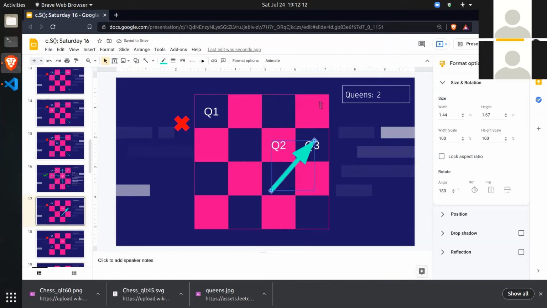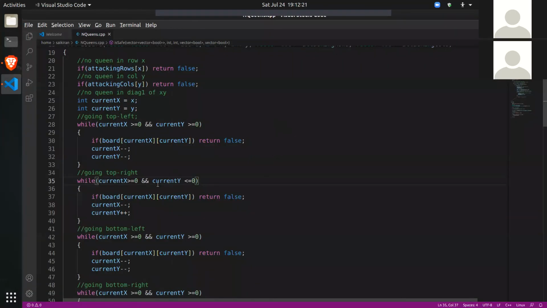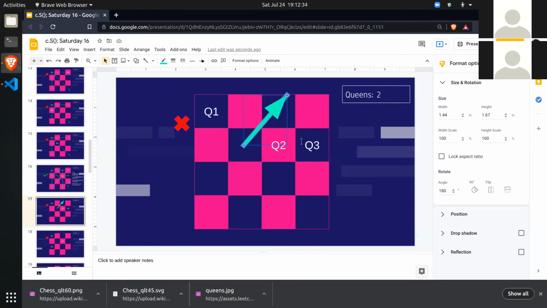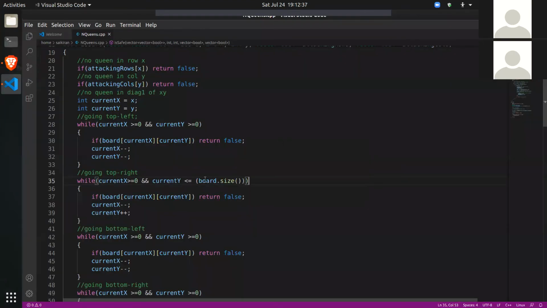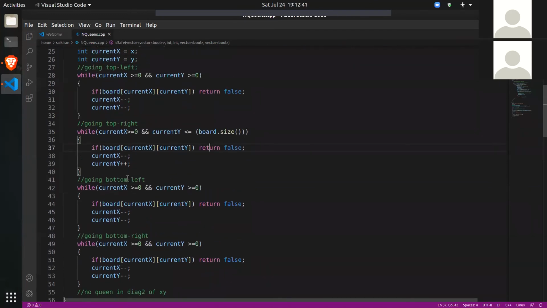This arrow will hit the last column or it can hit the top row. Board dot size is 4 for this example. So this is done for top right.